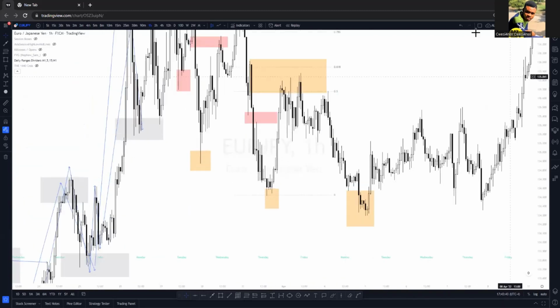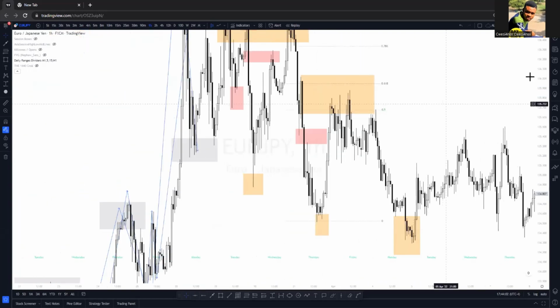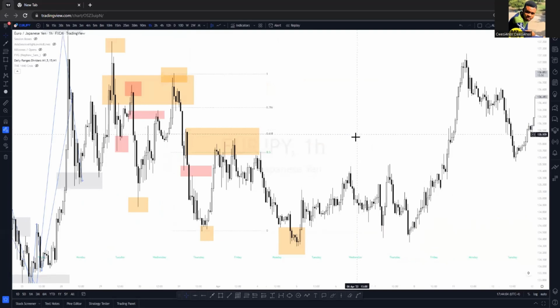Over here, look at what happened. We had this inefficiency over here. You can see price indeed reacted to this, but not for long. Price went up, took all of them out, right? Took all of them out before price started reversing. So anytime you want to swing a trade,